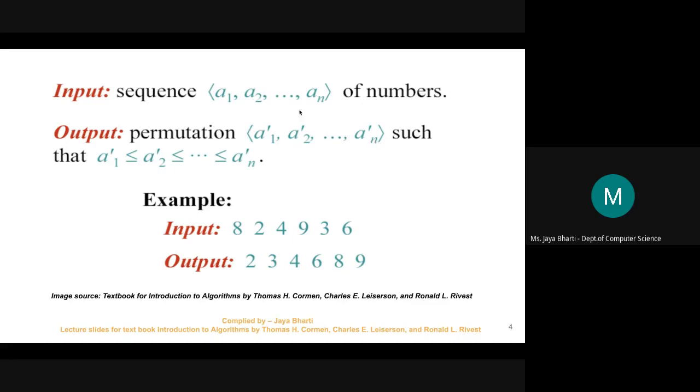So this is the input data given in some random order, and then you need to sort it into increasing order. That is the condition. Sorting in increasing order means our first key value should be less than or equal to the second one, and so on. Suppose for example our input is given as 8 2 4 9 6. You can see that it is unsorted data.